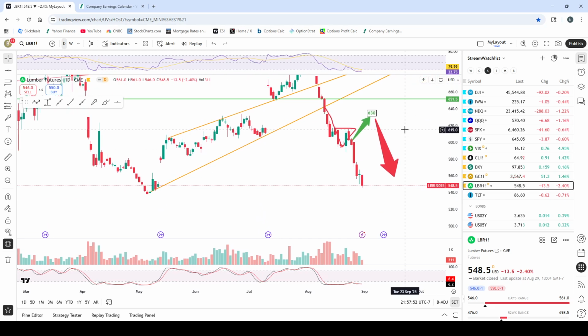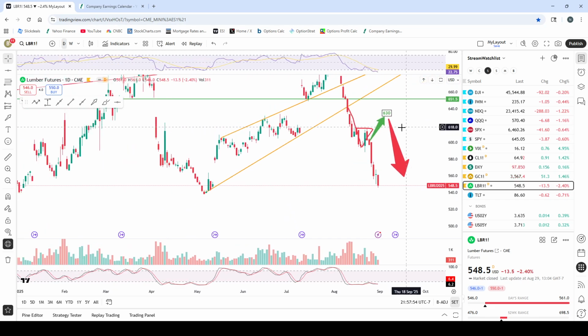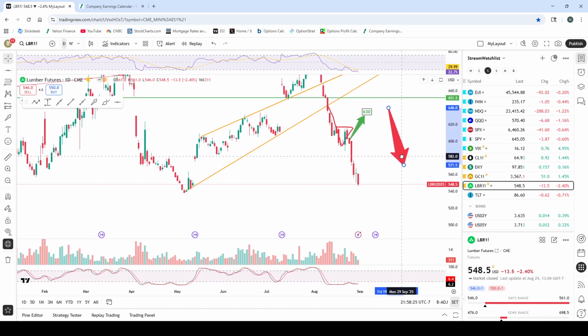Next will be lumber. So it was around here, I believe, when I did the last week. So it was here. And I said, oh, maybe because it was really oversold, we might have a quick pullback, right? And then rally up a little bit, bounce, and then pull back even more. And